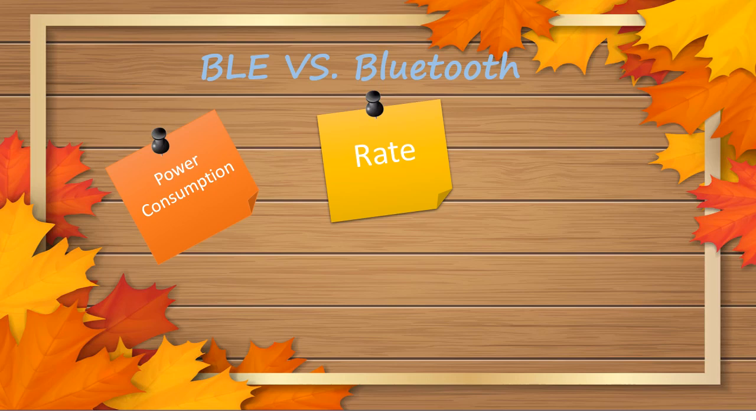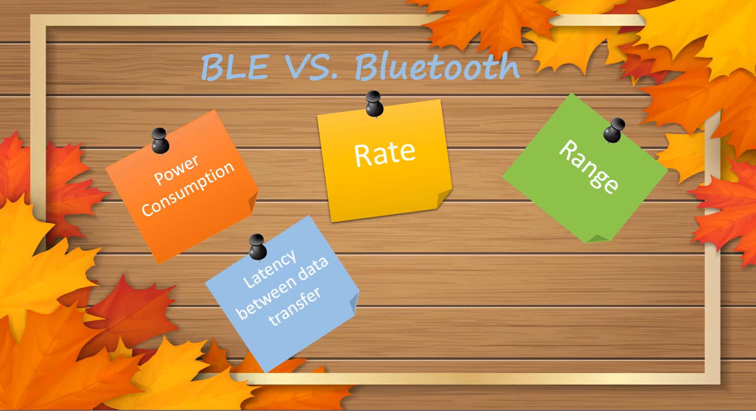So, BLE transfers data faster than classic Bluetooth. The covered range of Bluetooth and BLE is relatively different, as BLE covers about 50 meters, unlike Bluetooth, which covers only about 30 meters. The actual connection time between the two devices for BLE is only a few milliseconds, unlike Bluetooth, which would take about